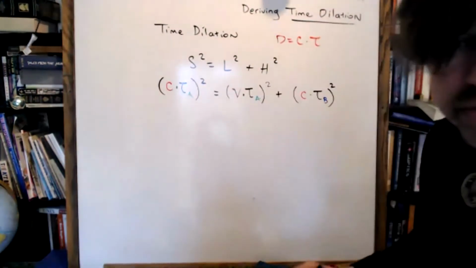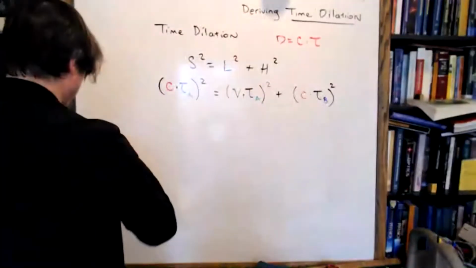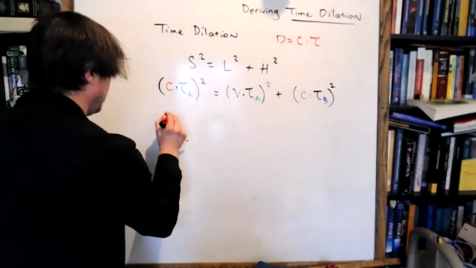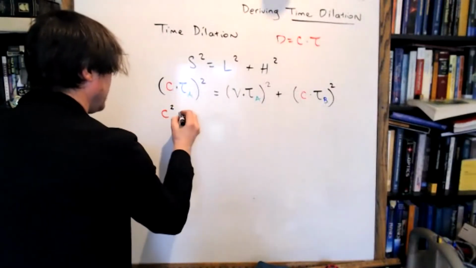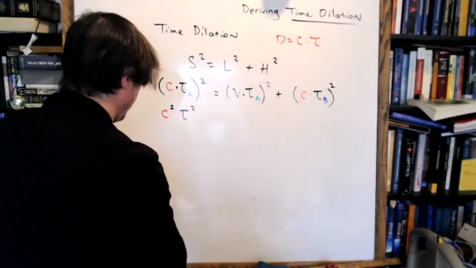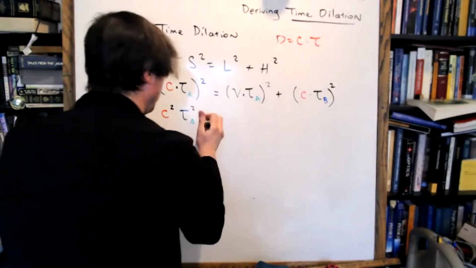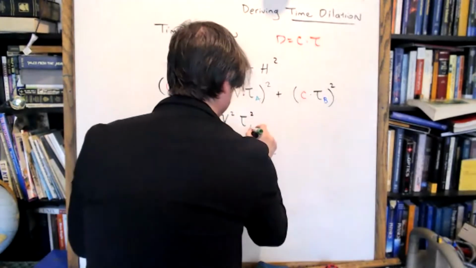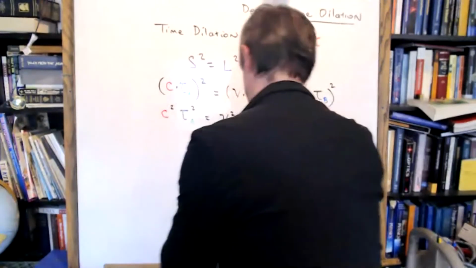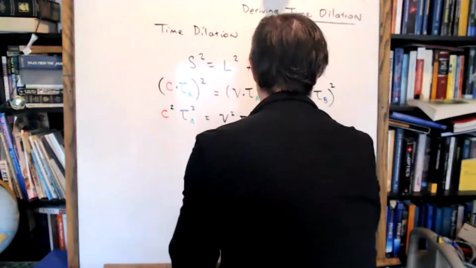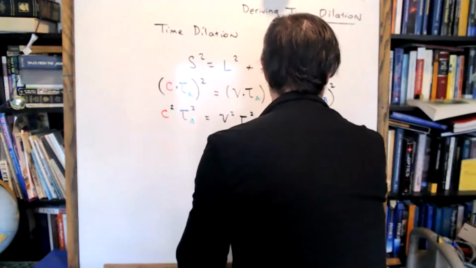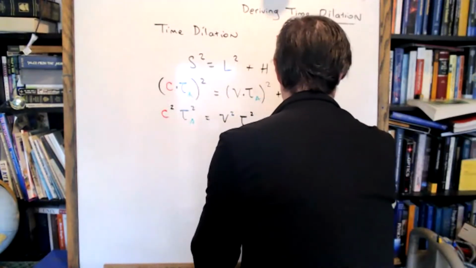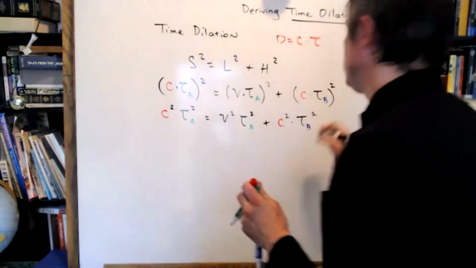Now, I distribute my squares, and I shouldn't have to make this a step, but I know better with you guys. I'm going to actually make this a step, because y'all forget to distribute your squares, and it's deeply upsetting to me. Okay, TA plus C squared TB squared. All right, so all I did was distribute the squares.